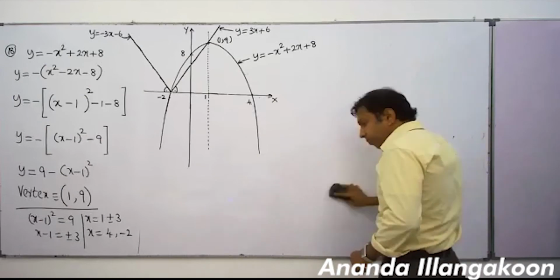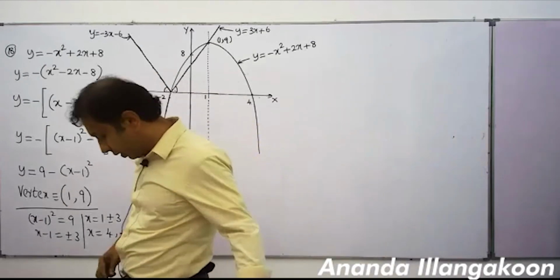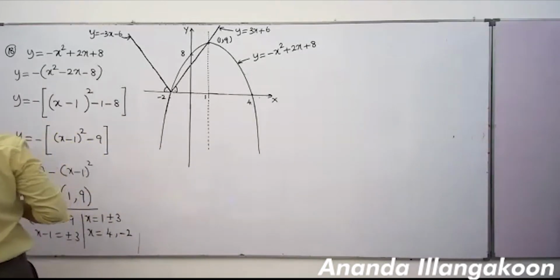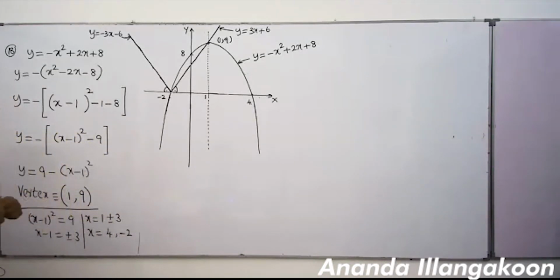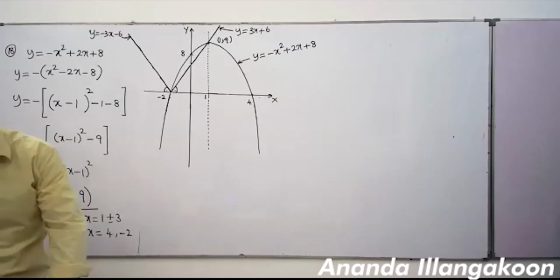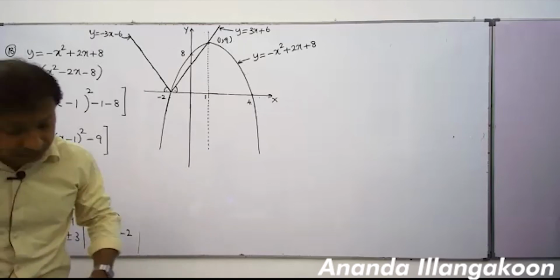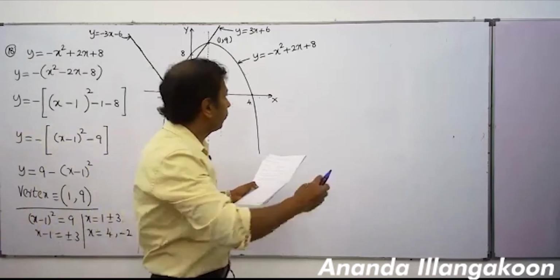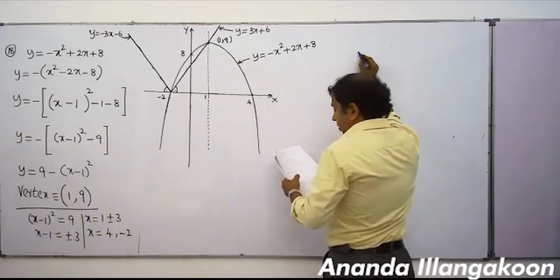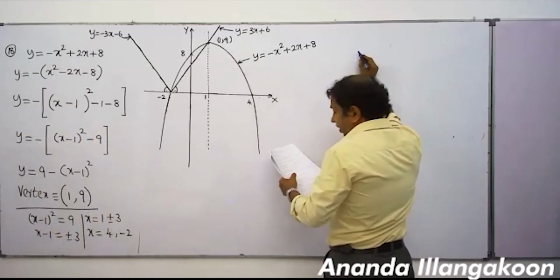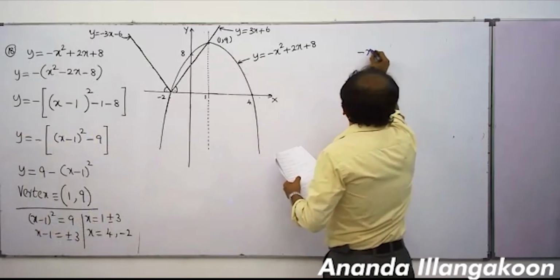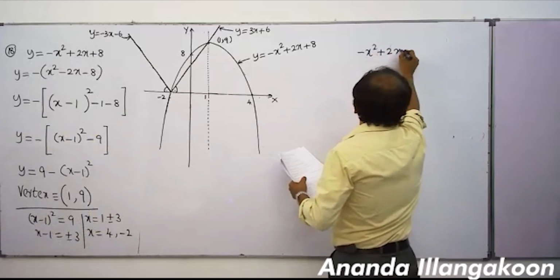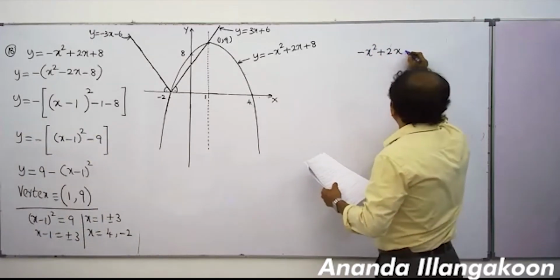Right, now we'll see how to take the answer of the next part. Ask in this way, people. Hence, find A and B so that minus x squared plus 2x plus 8